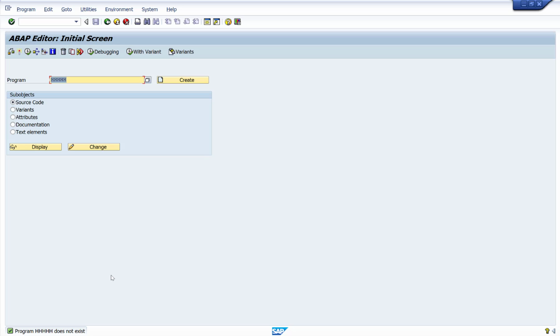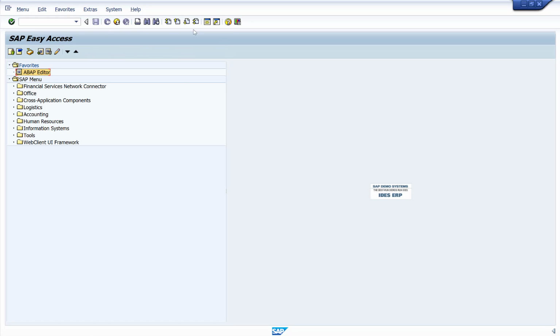So these are common to any SAP screen. Okay, and this screen that you see, the window that you see, this we call a session. So in SAP, once you log into the system, you can open multiple windows. Each window is called a session. We call it a session because